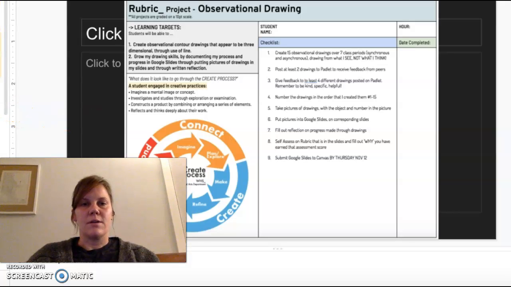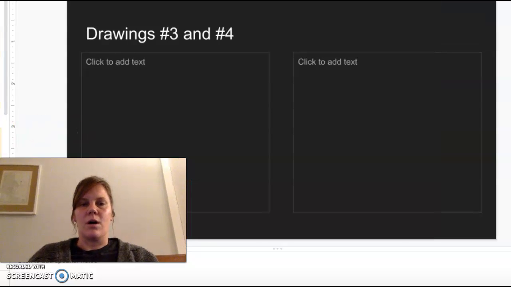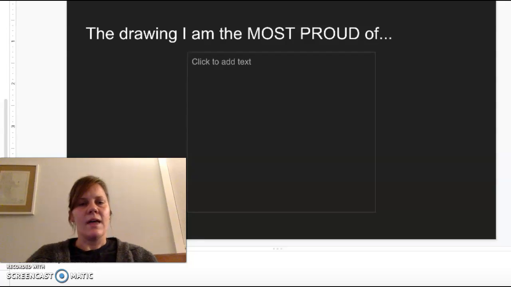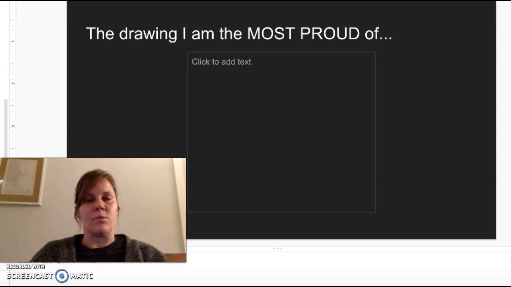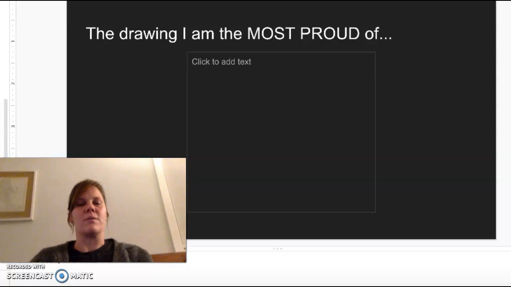As you go down here, here is the rubric. This is the beginning of the rubric with the learning targets up here, the checklist here. Okay, and remember that this is all related to the create process. And you are going to upload all of your drawings to these different slides until you get to drawing number 15. And then on the next slide, it says the drawing I am most proud of. You're going to put the drawing that you're most proud of. So from 1 through 15 is going to be repeated on this slide 11 on the slide of what you're most proud of. This might be you're most proud of it because